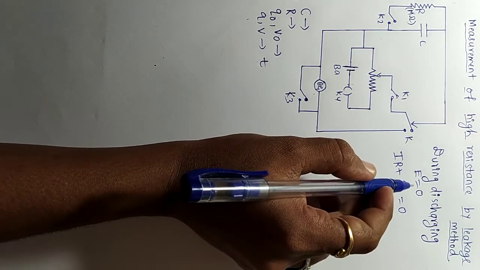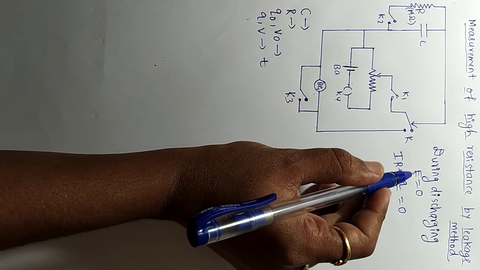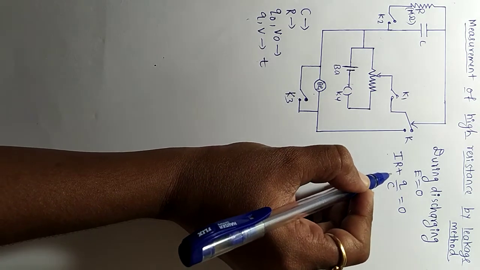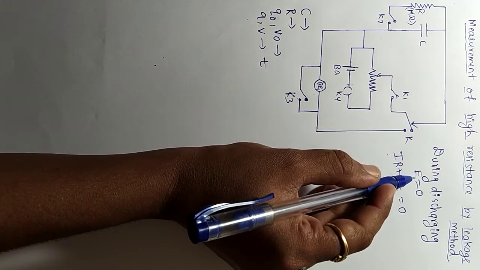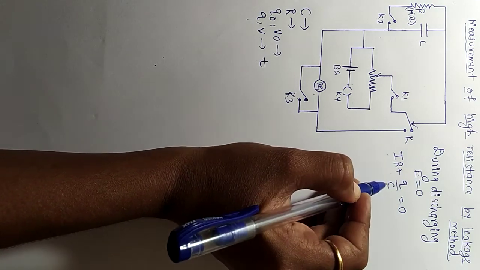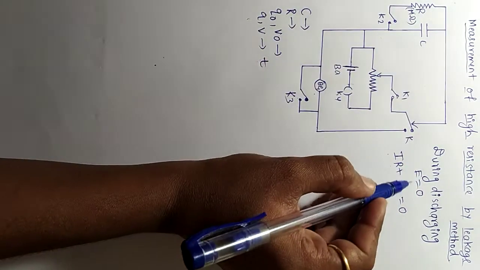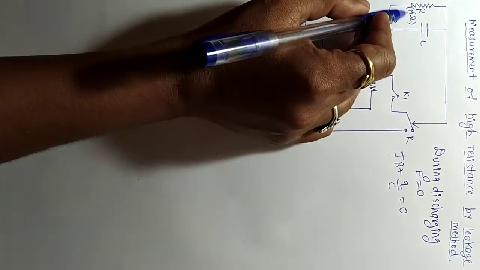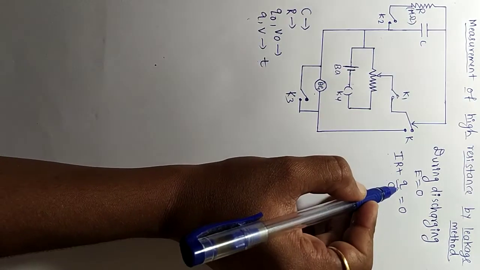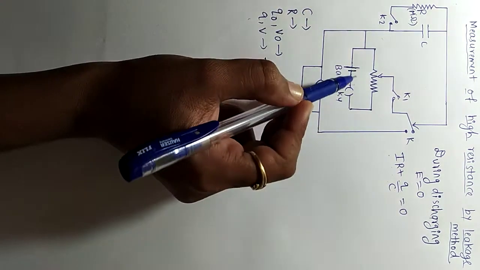This one we already studied in the last videos. If you didn't understand why I have got E is equal to I into R plus Q by C, please see my last video, then you will understand. Because I into R is the voltage across the resistor and Q by C is the voltage across the capacitor. So the voltage is distributed among these two components, and the addition equals the total voltage supplied by the battery.